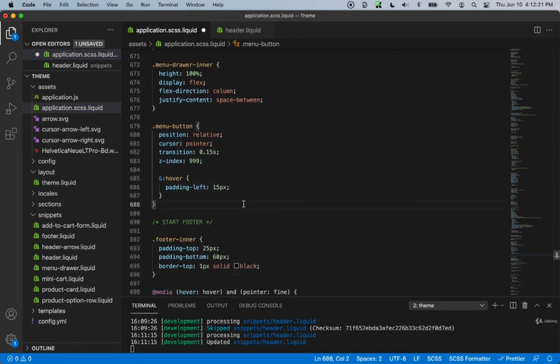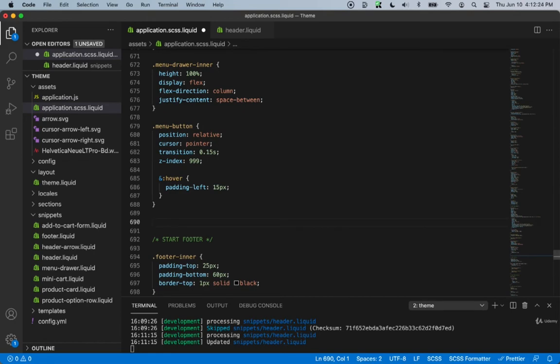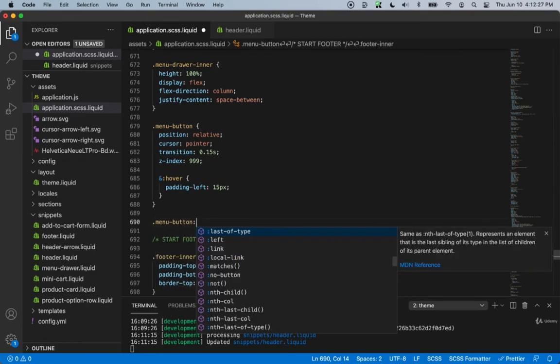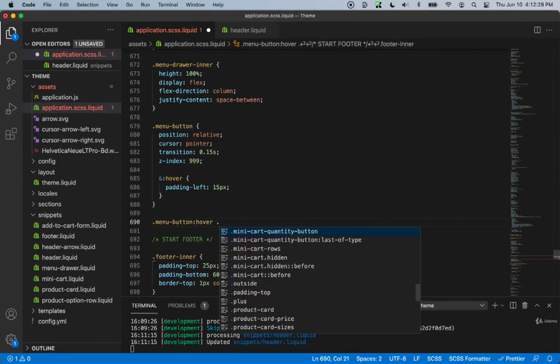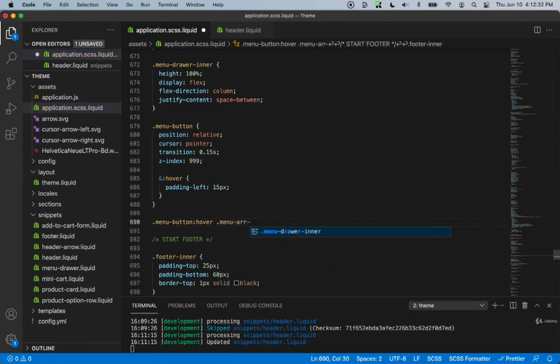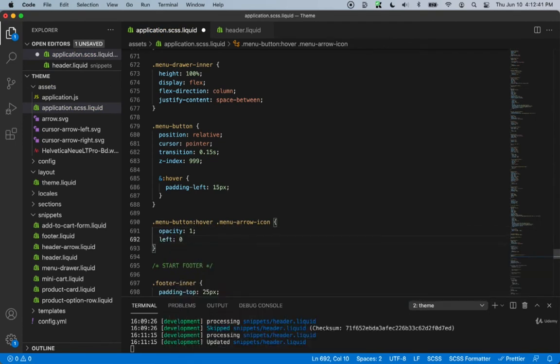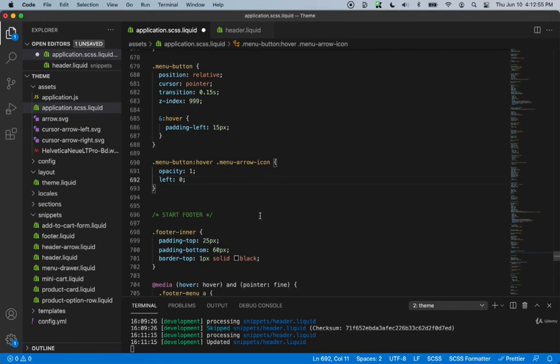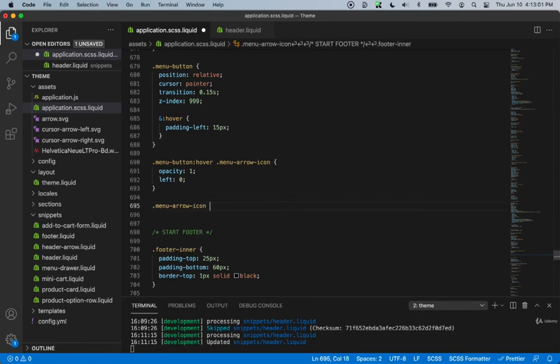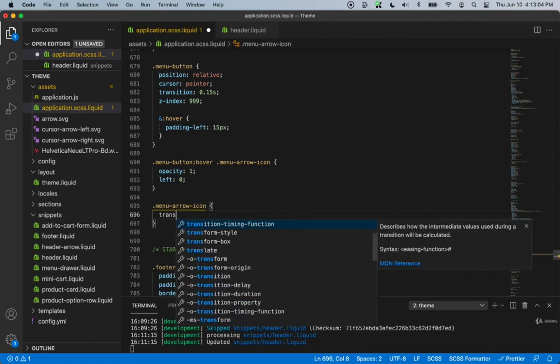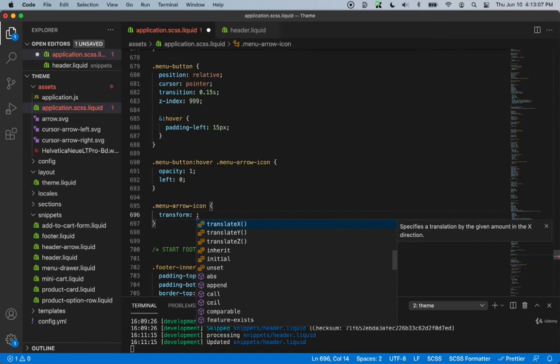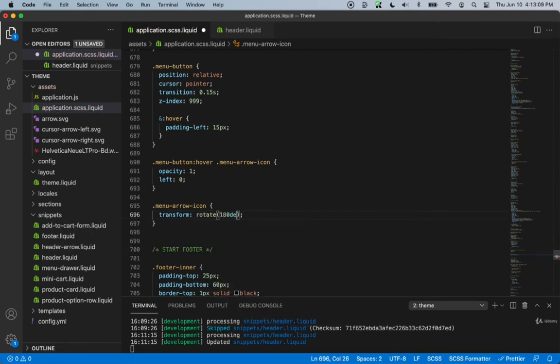Now just underneath this, we'll create a new class, and we'll say dot menu button hover. And then we'll also reference the menu arrow icon, and we'll say that we want the opacity to be 1 and left to be 0. Now let's reference the actual menu arrow class name. So let's just copy this one and we'll go down a little bit and we will give it a transform of rotate, and it's going to be 180 degrees